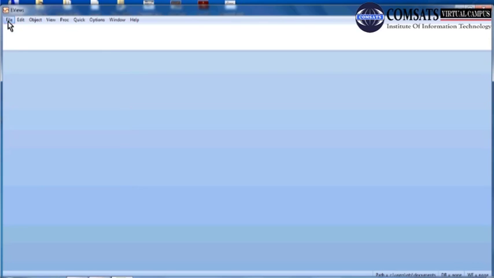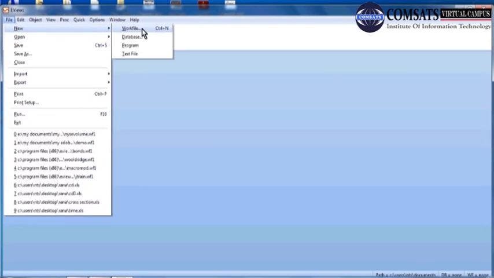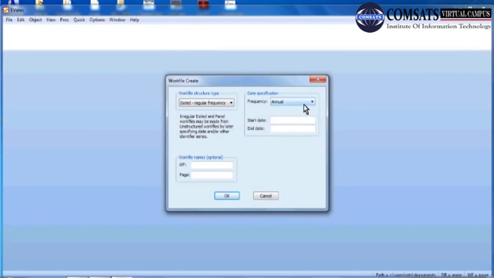You can also generate a weekly new workfile, and it's a simple matter of changing the frequency. For example, daily data, 5 days a week.